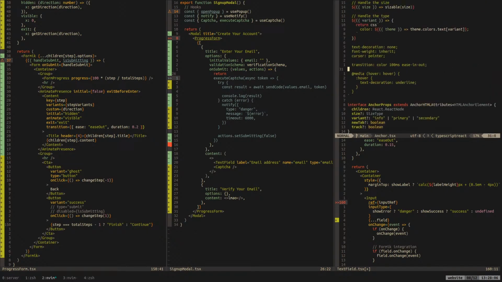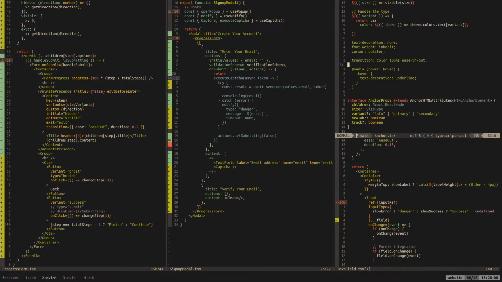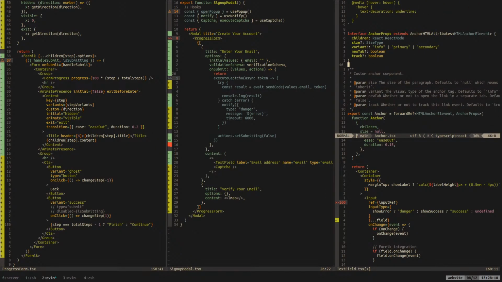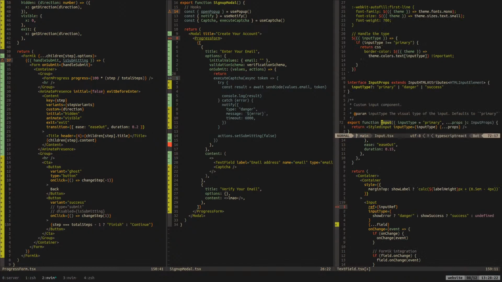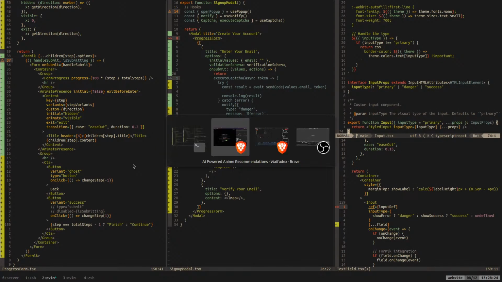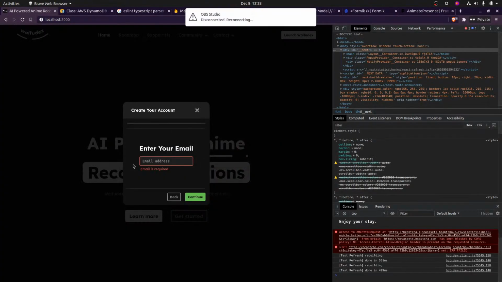I mean, it's just a hassle. There's probably a better way to do it with styled components and stuff, but we could definitely do it ourselves.